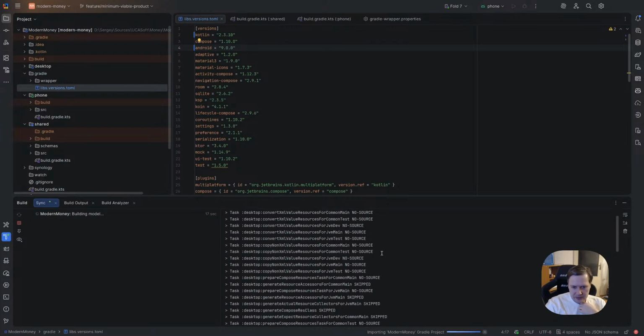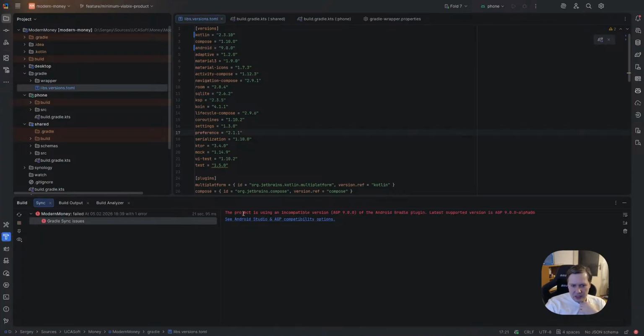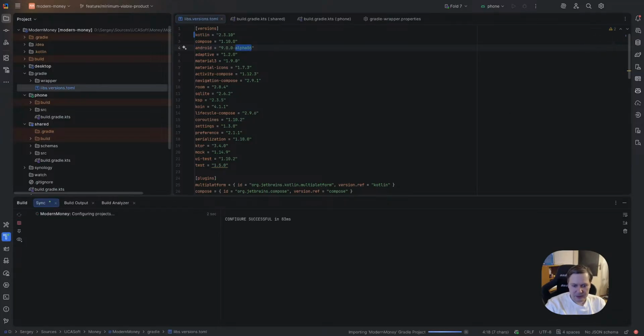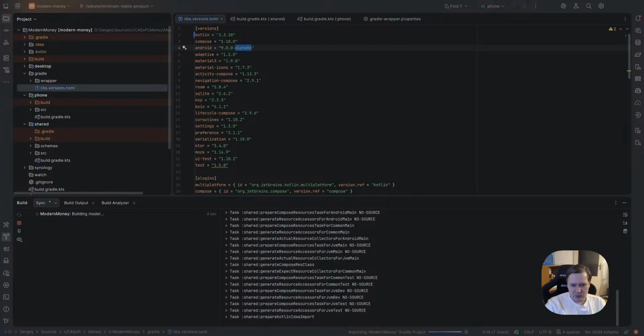Yeah, it does something. If it works, it will be great because, you see, the project is using an incompatible version, AGP 9.00, Android Gradle plugin. The latest supported version is Alpha 06. So we have some capability, and it's Android Studio capability, not IntelliJ IDEA. But okay, so far we can live with Alpha 06. So let me just push